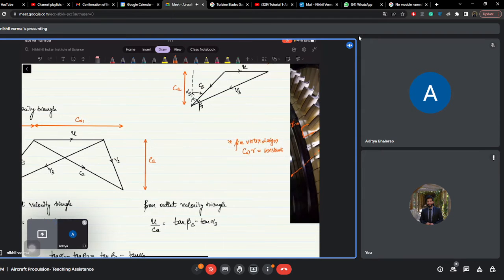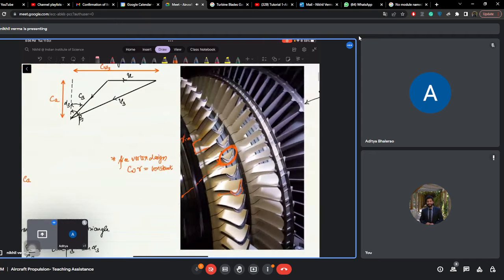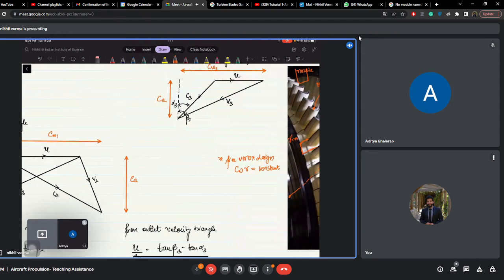So in between these two stages, these are the stages. This is the first stage, this is the second stage, this is the third stage, and so on. So in between these stages, we have what is known as the nozzle that is kept in between these stages. Okay, so let us look into the